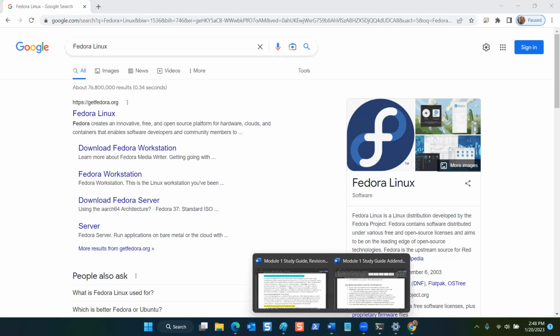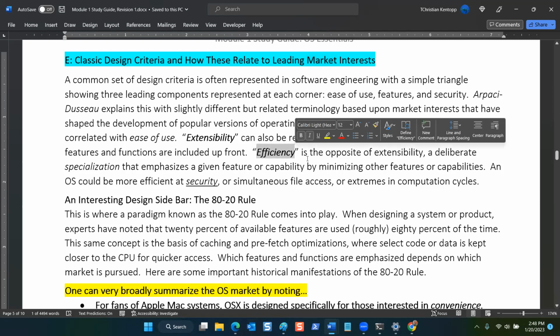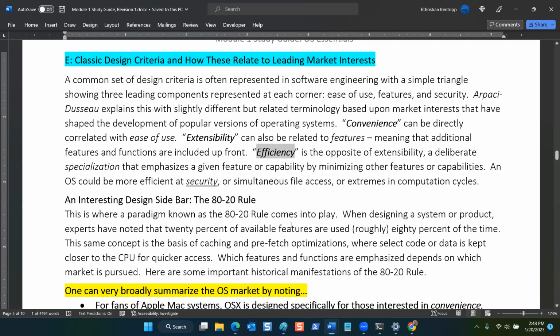Why is that? Because the commercial or market interest for Linux is all about efficiency. If you want an operating system that's more bulletproof, that isn't easy to hack, you want Linux. Well, what about extensibility? What does that mean? Has anyone ever heard the term one size fits all? Okay. So when you buy Microsoft Server,